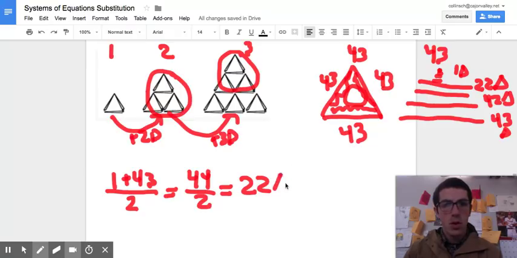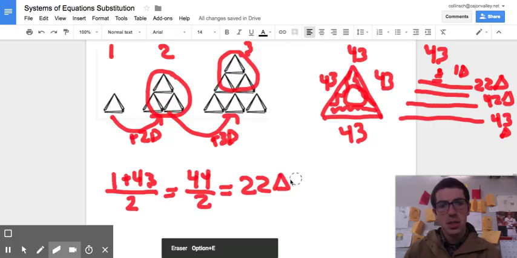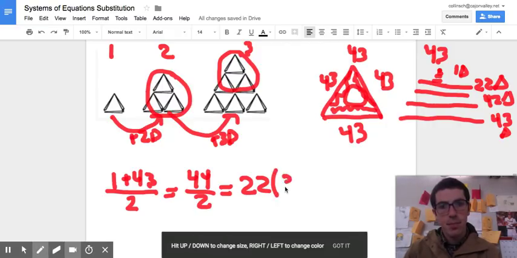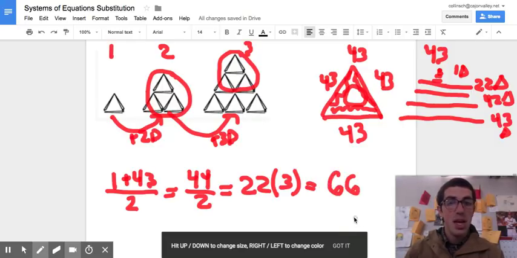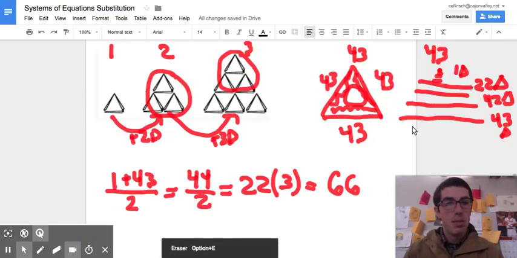Well, if there are 22 triangles, each of those triangles has 3 toothpicks. We can say that row 22 has 66 toothpicks in it. Now, this is the average. This means that exactly half of